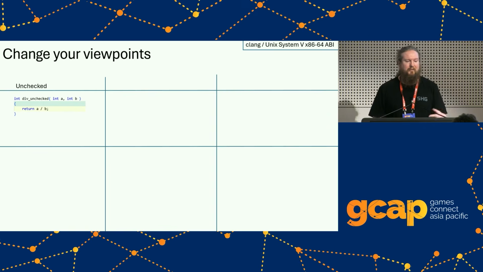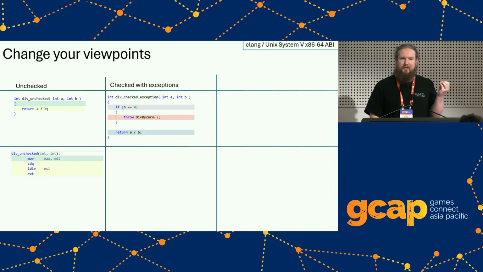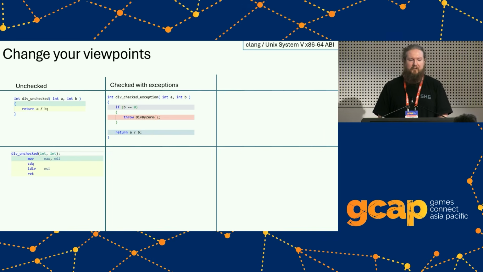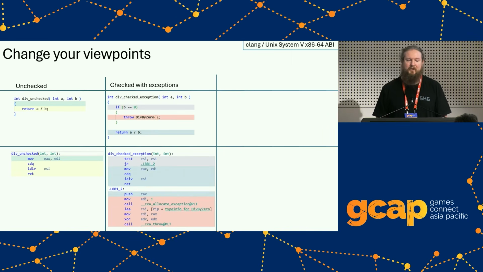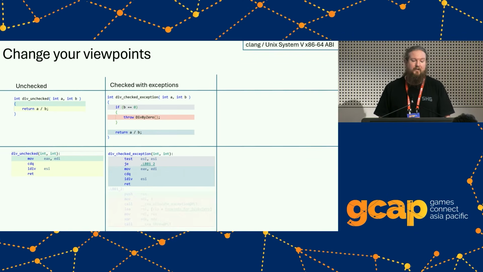I'm starting out with a function that just divides one number by another number, and the assembly for it is really just 3 instructions. It's very simple. If I want to modify that so we don't allow it to be divided by 0, and instead we throw a division by 0 exception, the code that we get looks like a lot more than the initial code. But if we focus only on the success part of that, then it's really just 2 extra instructions. All we're doing is testing that number to see whether it was 0, and if it wasn't 0, then we jump down. So it's 2 instructions, very lightweight.